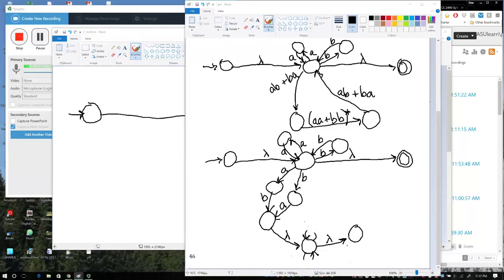Where'd my little cursor go? Okay, so here's the AA, A, A, and the BB is down here, B, B. Alright, so either an AB or a BA followed by any number that you want of AA or BBs, followed